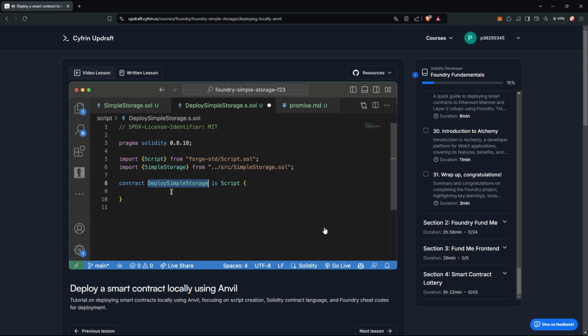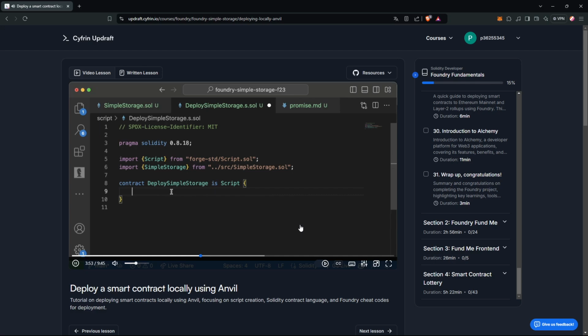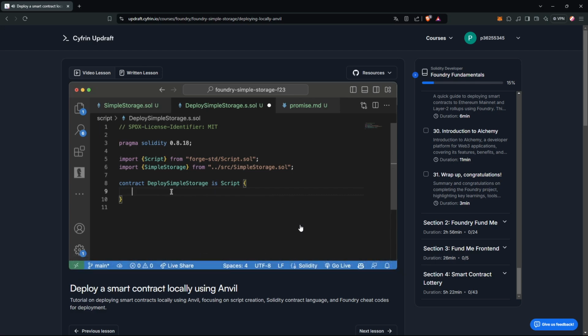Great. Now, inside every deploy or script contract, we need our main function, which is going to be called run. And this is going to be the command that gets called when we go to deploy our contract. So we'll create a function called run. We'll make it external, and we can have it return a simple storage contract. And in here, we're going to use a new keyword that